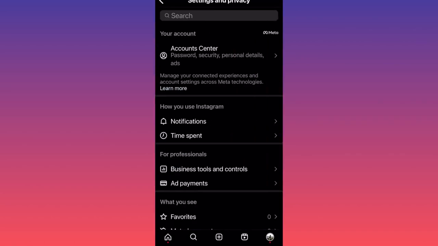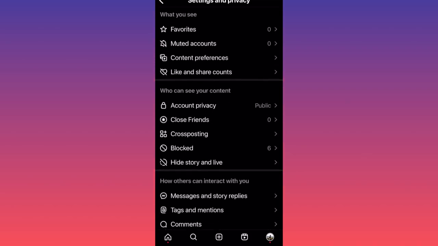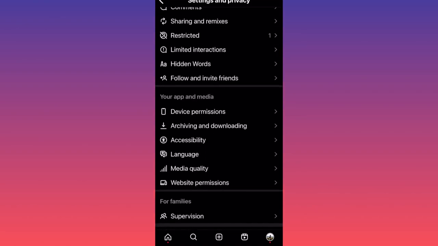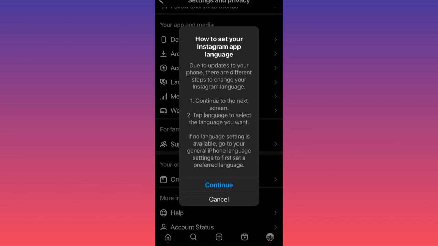Then I want you to slowly scroll down. There is a special section over here which simply will allow you to do so. The section is under your app and media. There is a small section here, it says language. You want to click on it and Instagram will simply give you a prompt how to set up your Instagram